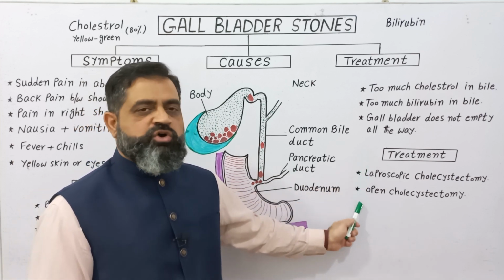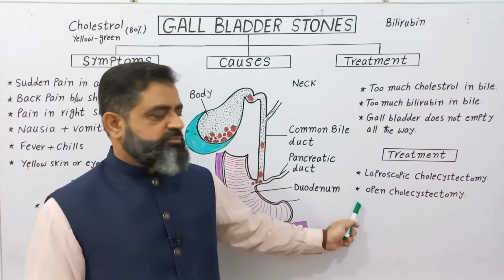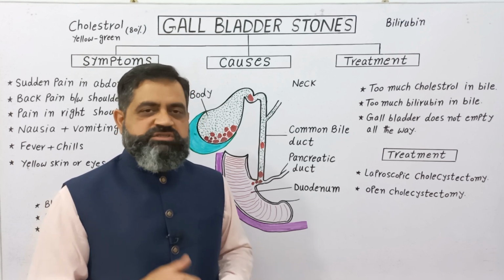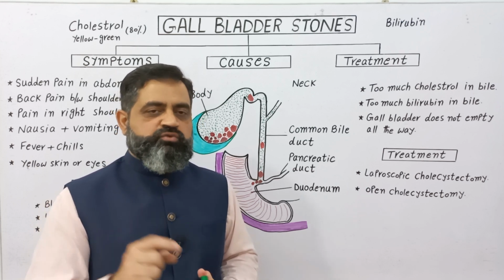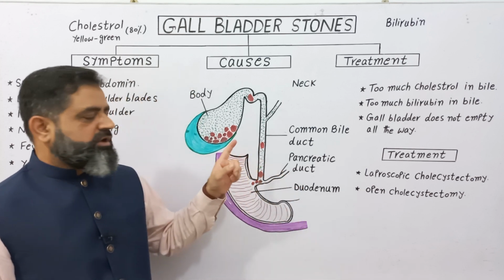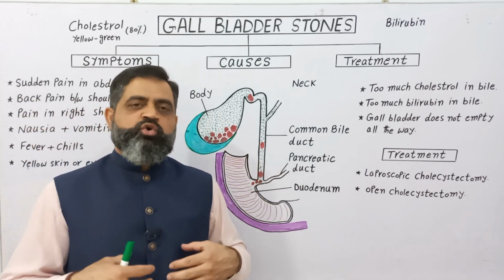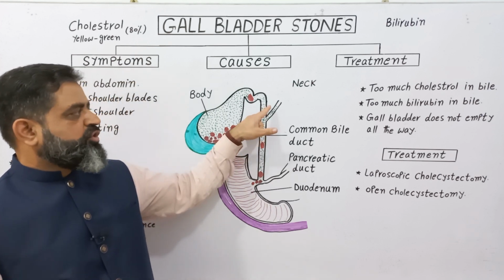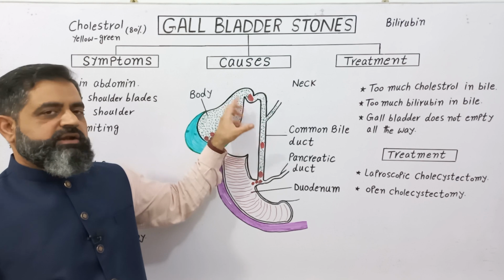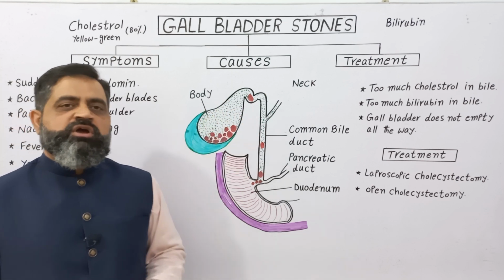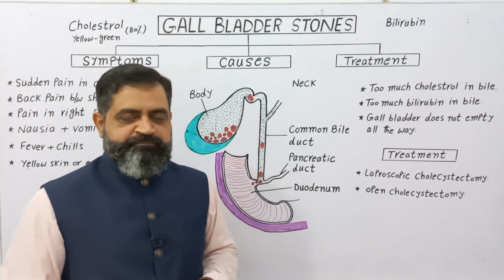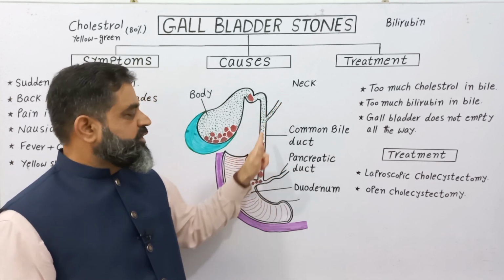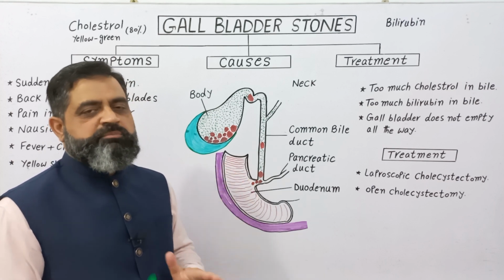There are two methods of removal of the gallbladder from your body. One is laparoscopic cholecystectomy. Cholecyst means gallbladder, ectomy means to cut out. In this procedure, the surgeon makes 3 or 4 small holes in your belly, and with the help of surgical instruments cuts the common bile duct and removes the gallbladder along with the stones outside the body. In this way, bile produced from the liver is directly poured into the duodenum, and the problem has been